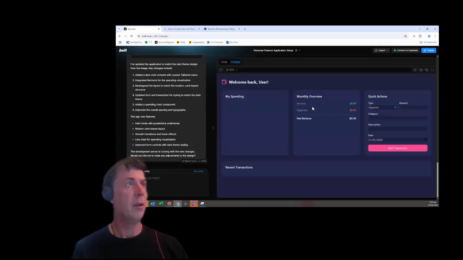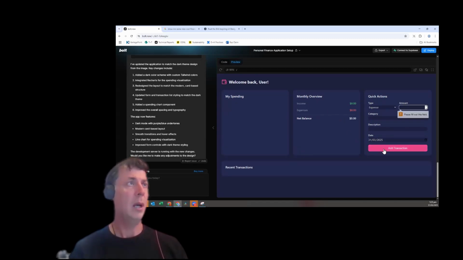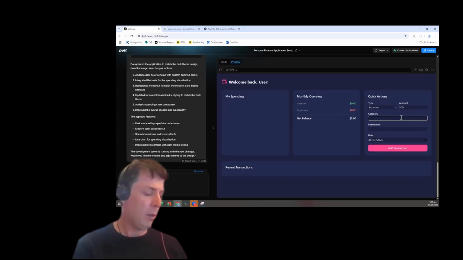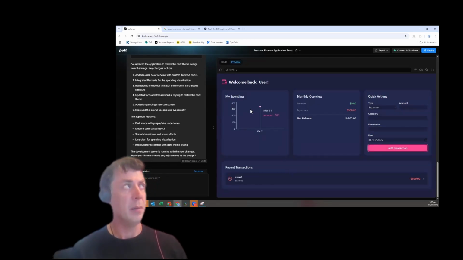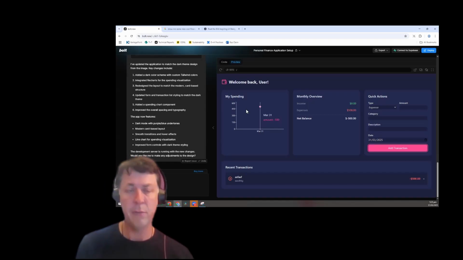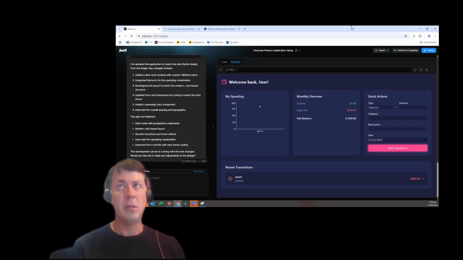Okay, so now we've got a slightly funkier look, which is cool. We've got the ability to add a transaction. You can put a category in there. And now we've started to get a transaction with the graph that we asked for. So you can see how straightforward that is to do, including look and feel. What we're going to do at this point is come back to here,